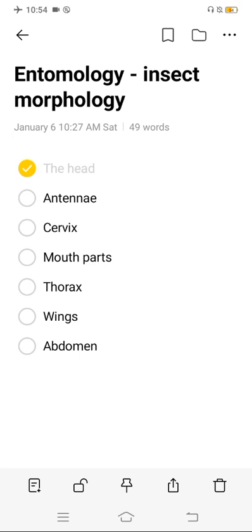So as it's kind of difficult to interpret, I would be just skimming through the portion, stating the suture names. The occipital suture, then the post-occipital suture, the frontogenal or subocular suture, the subgenal suture, the ocular sutures, then the antennal sutures, the head sclerites or areas, and the labrum, then the compressor of labrum, then anterior labral, the posterior labral, the clypeus,